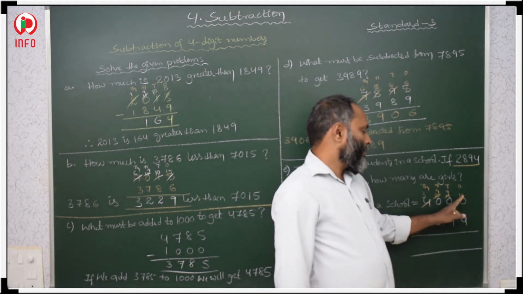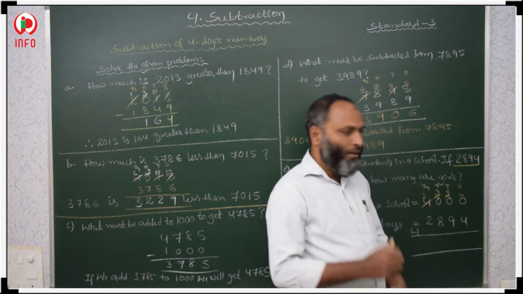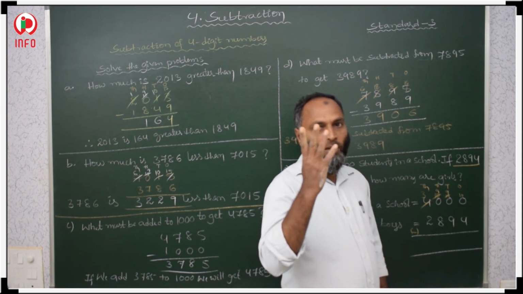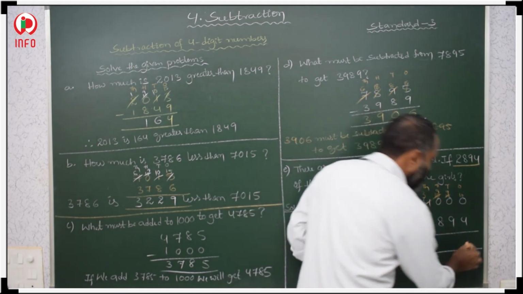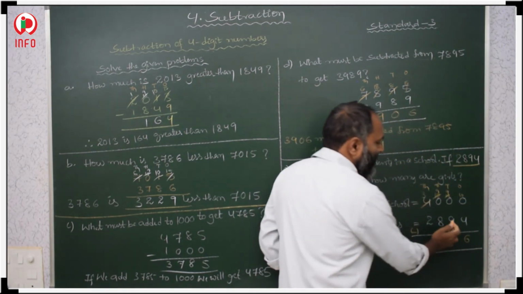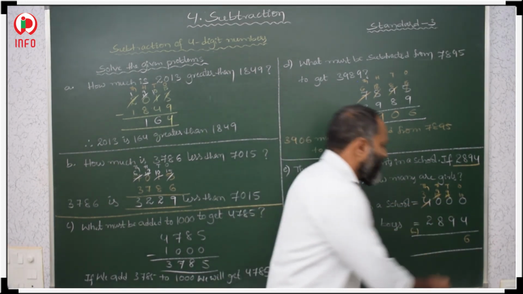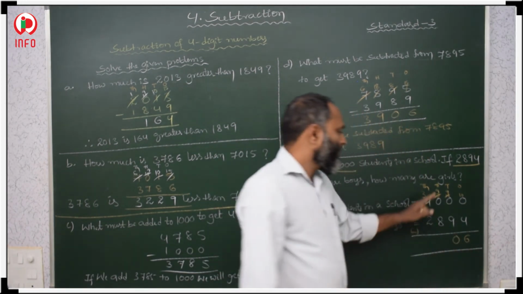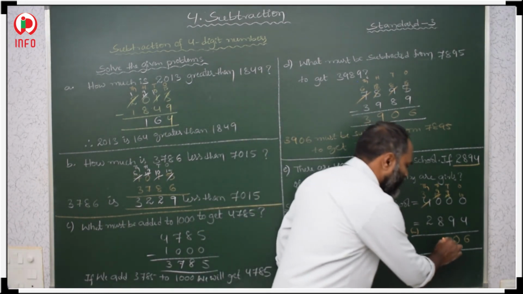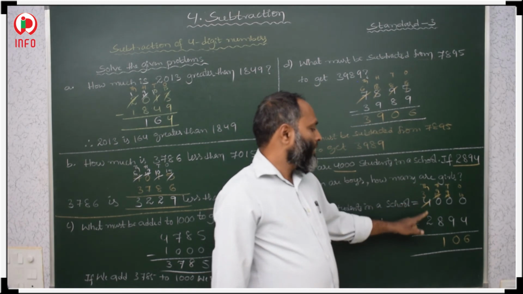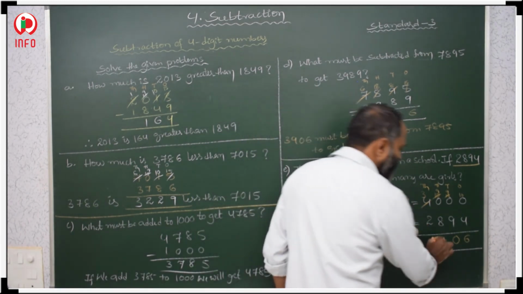Now 10 minus 4 means 6. 5 to 10 we have to count. 5, 6, 7, 8, 9, 10. It is 6. 9 minus 9, number minus itself is 0. 9 minus 8, these are two consecutive numbers. Difference is 1. 3 minus 2, these are consecutive, serial numbers. The difference is 1.